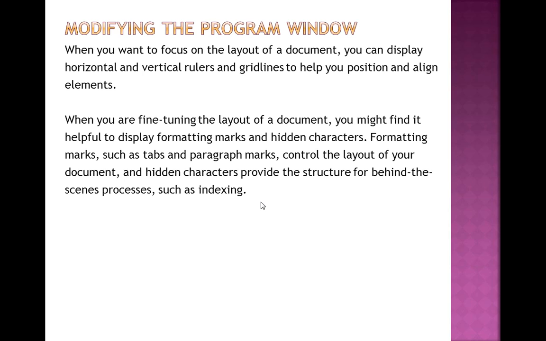This paragraph says you can use the rulers, the grid lines, the vertical rulers and the horizontal rulers to position the cursor, to position your characters at a very appropriate position. For example,